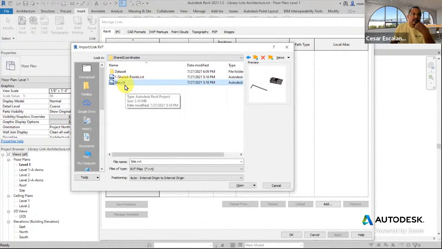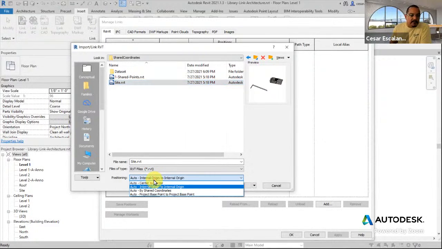This is the site I created, the site I just saved. And for the positioning, this is the first time I'm doing it, so it doesn't matter. You can do center to center. That's okay. Center to center is fine. And then hit